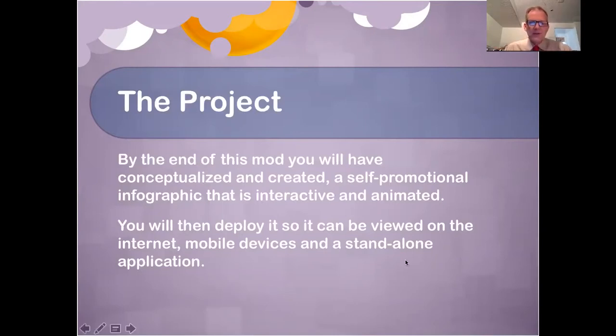Okay, self-promotional infographic that's interactive and animated. Yeah, so I'm basically saying I admit that it's very difficult. It was very difficult to expect everybody to have a very well-developed idea on their project. So I admit that. So hopefully going forward, I actually didn't mark anybody down for saying, I'm not sure what I'm going to do. So I get that it's difficult. And especially when your concept of